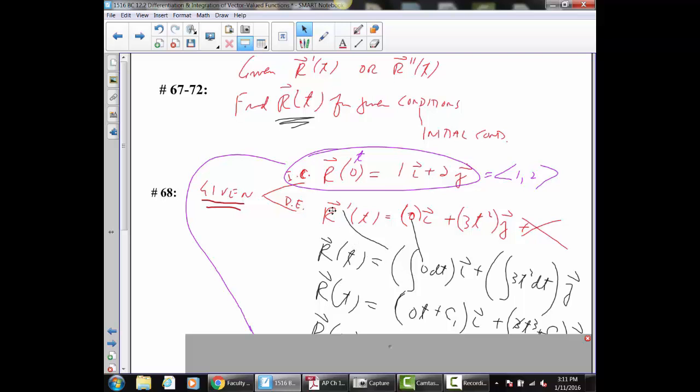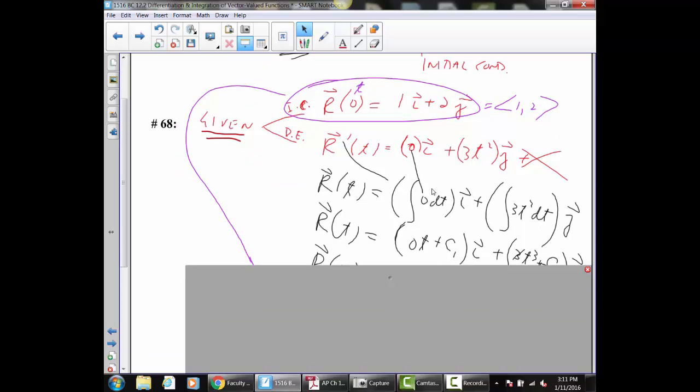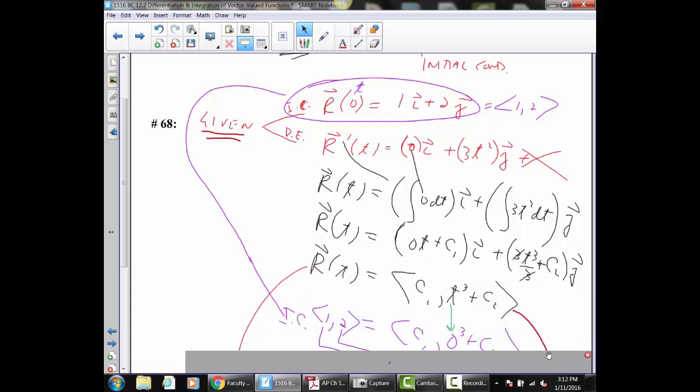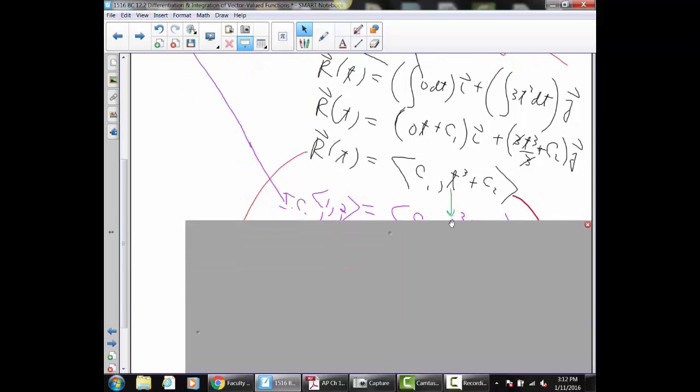So obviously if I'm going from r prime to r, I'm integrating. So I integrate 0 dt times i, and I integrate 3t squared dt times j. This will give me 0t plus c1 times i. This will give me 3t cubed over 3, which is t cubed plus c2 times j. All right, writing it then in component form,